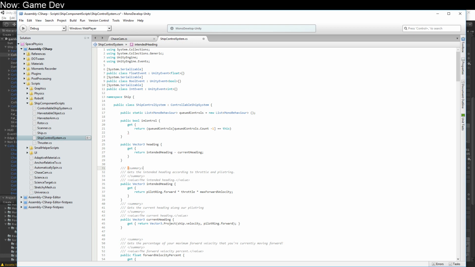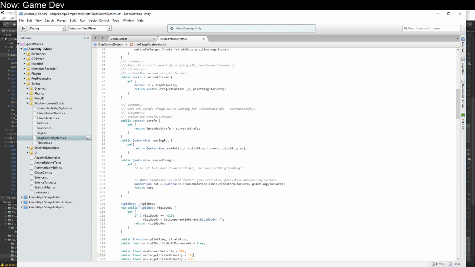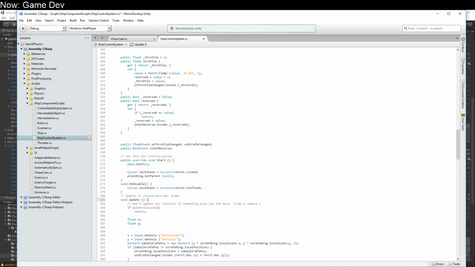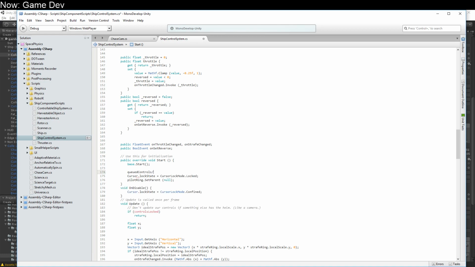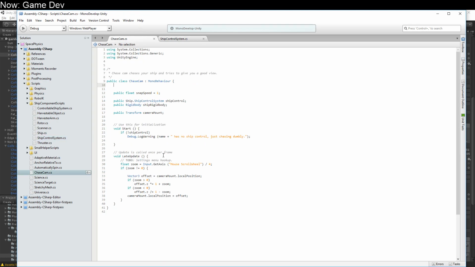So when we actually get started, what we're going to want to do is add ourself to the stack. So where's our start? There it is. Controls, add this. And then here we say if in control. If we're not in control, go away. Yay! All right, so that was annoying, but now what we're going to do over here on the chase cam